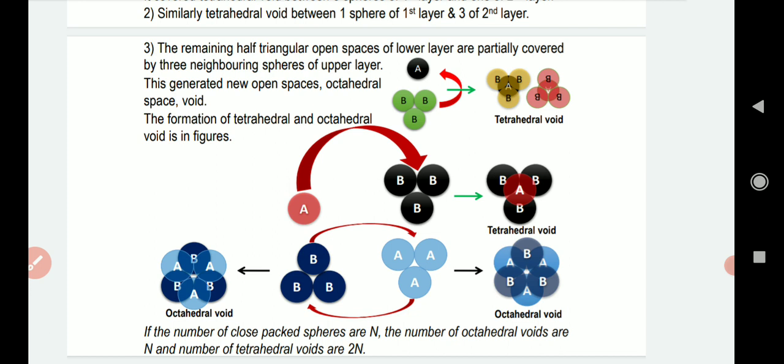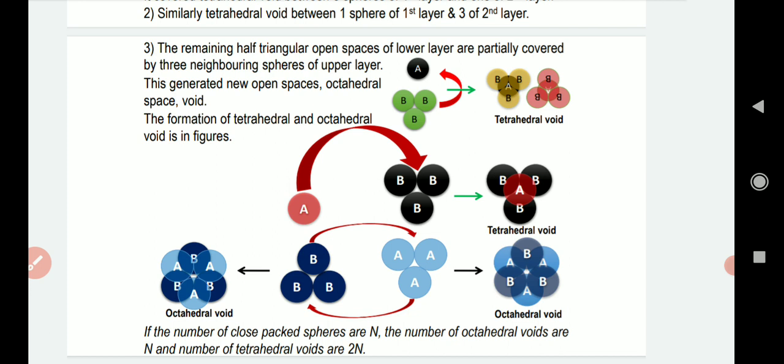In the first way, we can take the sphere A and place it in the depression of the 3 B spheres. The hole that is generated between the 3 B spheres, on that if we place the A sphere, you get a hole between the 4 spheres. In the placement of these 4 spheres, you get a cavity, and that is called a void.